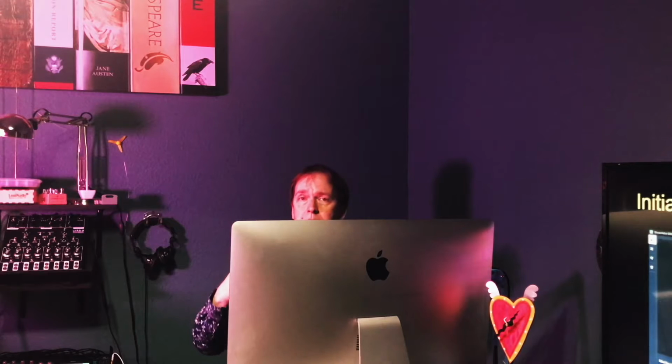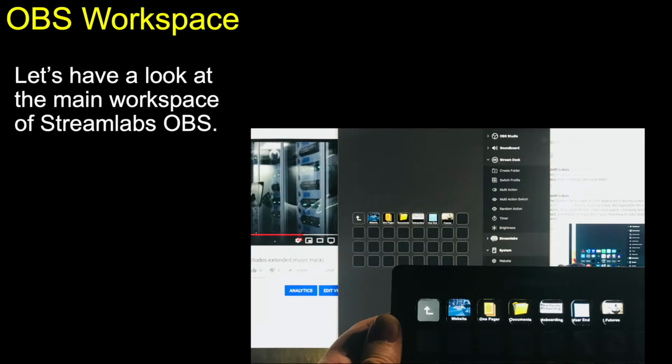here in Streamlabs OBS, as opposed to having to do it on the fly every time using Zoom, or maybe if you're doing a recording in something like Canvas Studio, which is also very good, but which is not designed for live streaming, of course. So now let's take a look at the main workspace of Streamlabs OBS to give you a better sense of